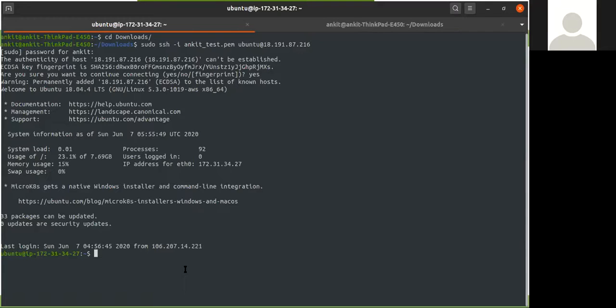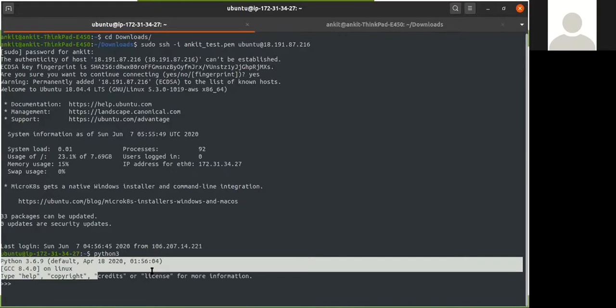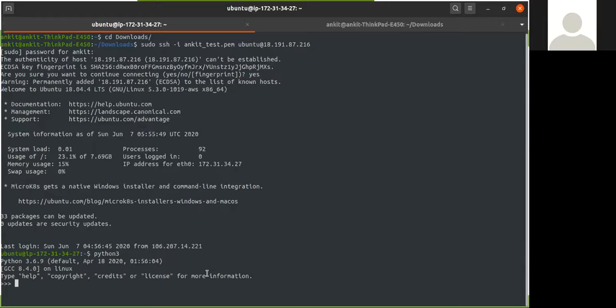I want to do something with this server. Since it is a new server, let's see what is present with this. If I run Python 3, since we are running this on Amazon, let's see whether this application is installed or not. You can see here, this application is installed on the Amazon server. So let's print something. As you can see, it types a little slower compared to my local environment, which is because it is connected through SSH.